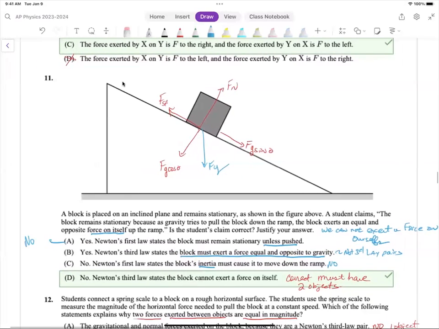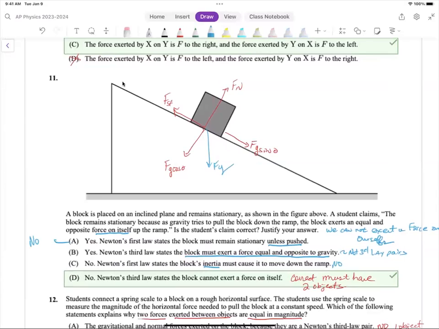Just so you know, no object can create a force on itself. It has to be an external force. We have internal forces, but we can't put an external force on ourselves. So the student is incorrect. If you recognize that, you can skip A and B immediately and determine if C or D is correct. No,